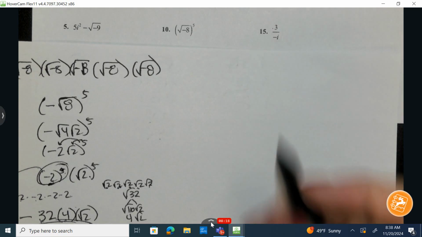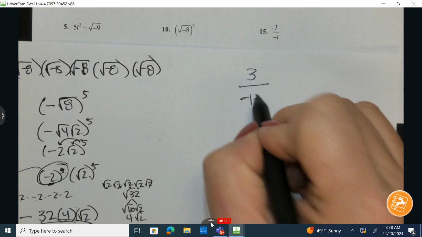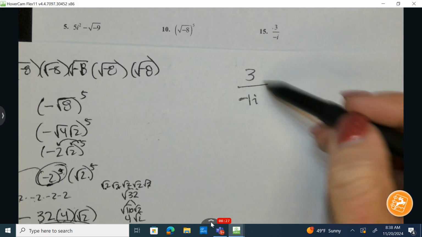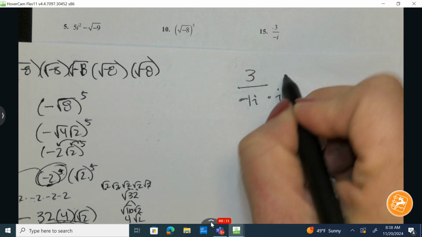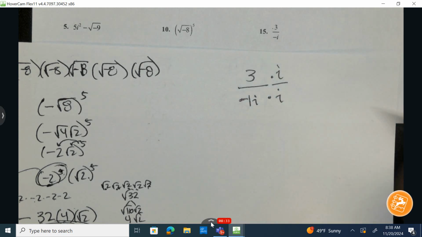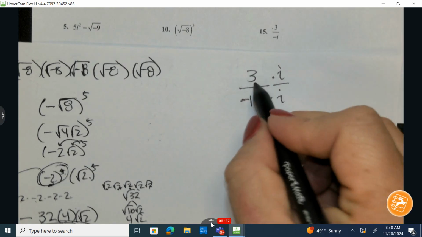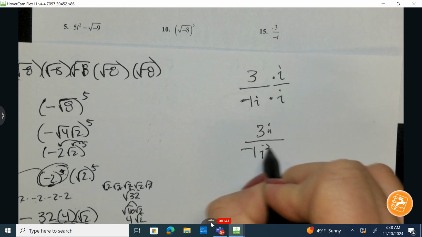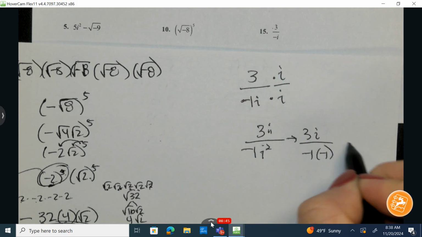Let's look at number 15. So just like number 14, we need to find a way to rewrite this so that we no longer have an i in the denominator. So I'm going to take this times i. As long as I multiply the top and the bottom by the exact same thing, then I didn't change the original expression. So I have 3i on top. On the bottom I have negative 1 times i squared. And I know that i squared is the same as negative 1, so I have 3